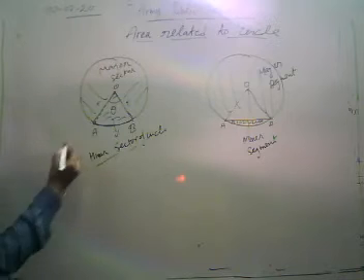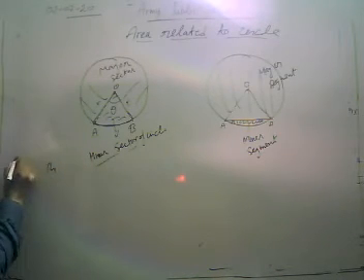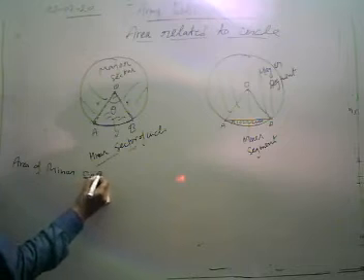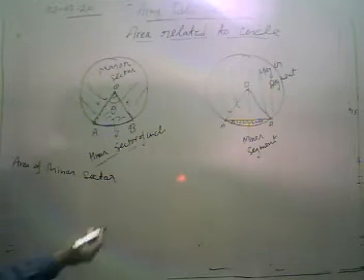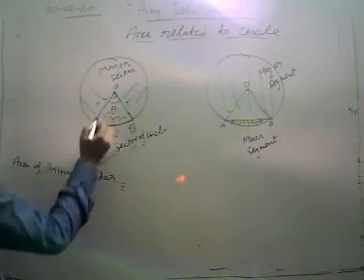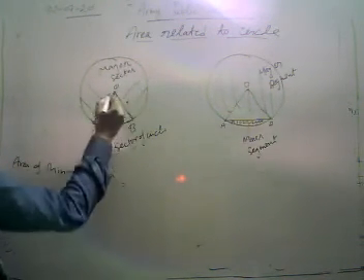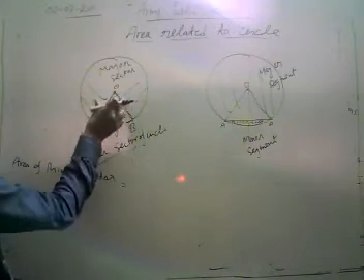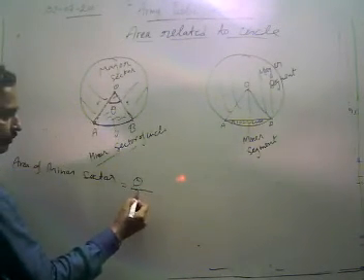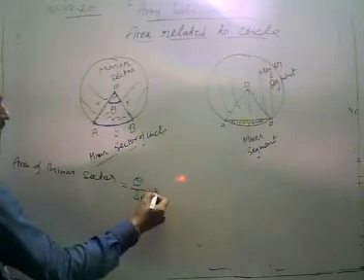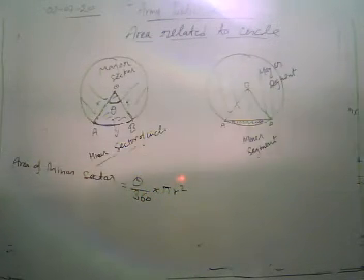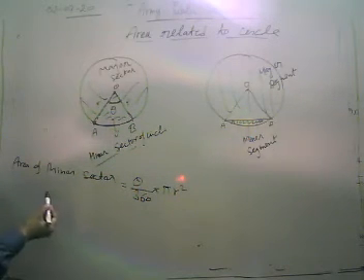Now we are going to find the area of the minor sector. How can we find the area of the minor sector? The whole area of the circle is given by pi r square. The sector is a fractional part of this whole circle. So we take the angle theta at the center divided by the complete angle. What is the complete angle? 360, multiplied with the whole area, pi r square. This is the formula to find the area of a sector.